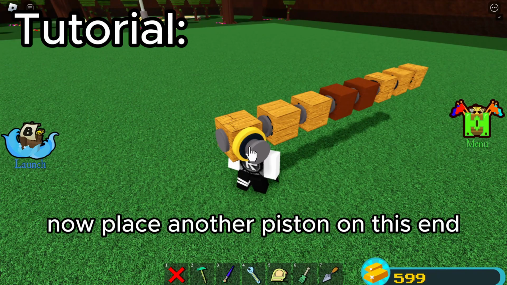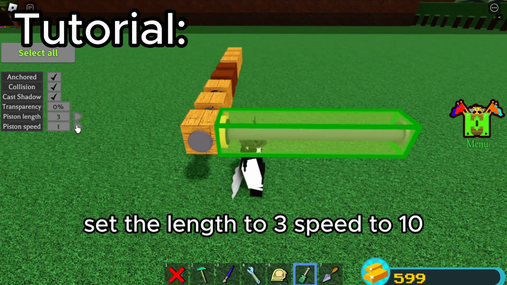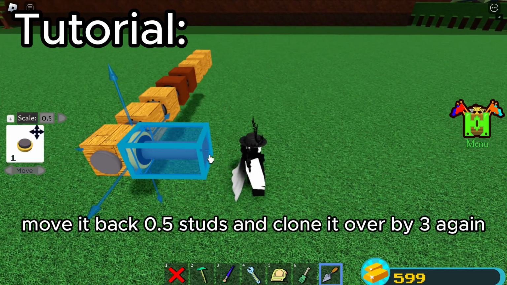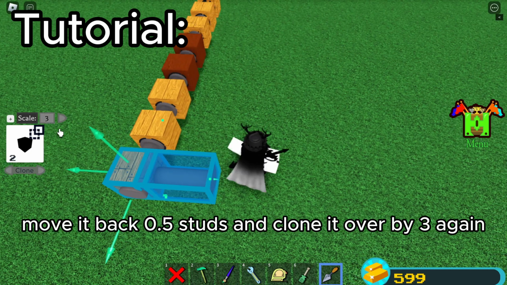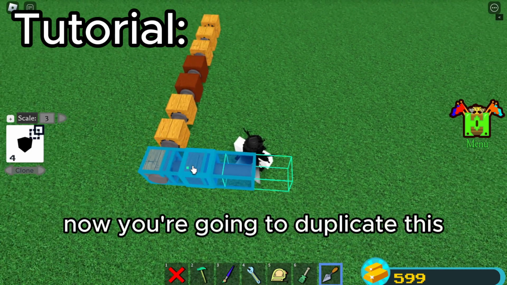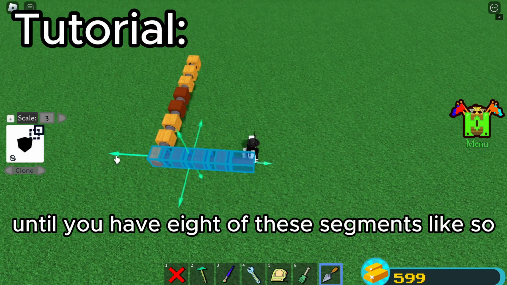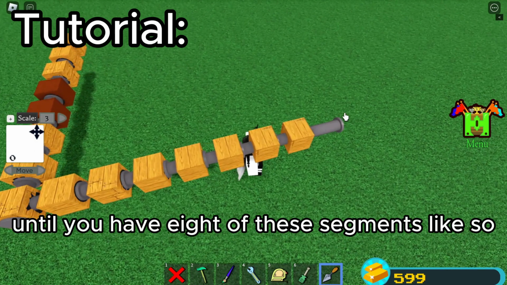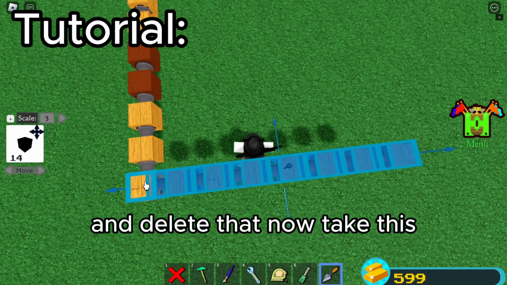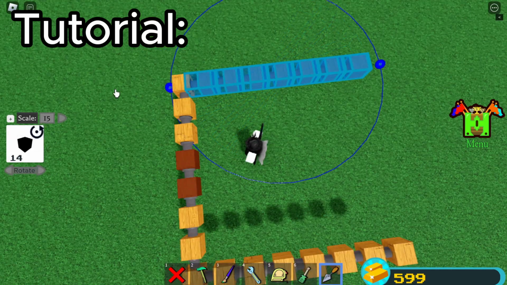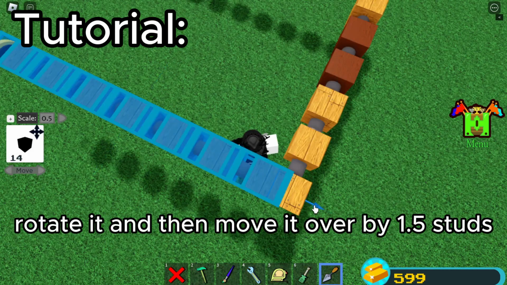Now place another piston on this end. Set the length to 3, speed to 10, move it back 0.5 studs, and clone it over by 3 again. Now you're going to duplicate this until you have 8 of these segments, like so. Now delete that, take this, duplicate it over to the other side, rotate it, and then move it over by